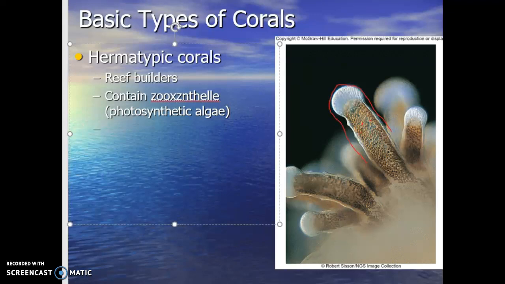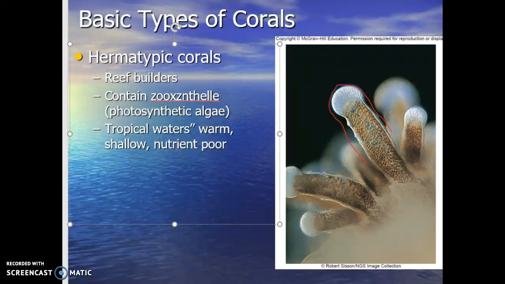That's where we get the various colors of the corals. And when we're looking at these hermatypic corals, these are typically found in tropical waters because they are warm, shallow, and when we say shallow, that can be 100, 150 feet,